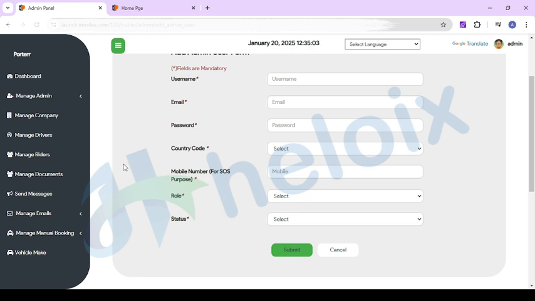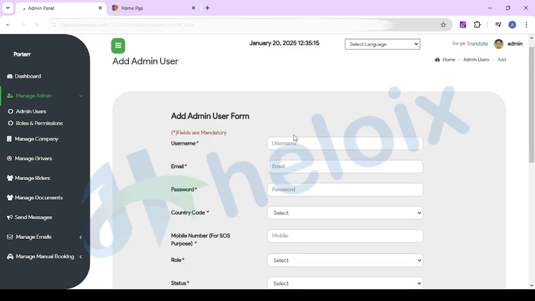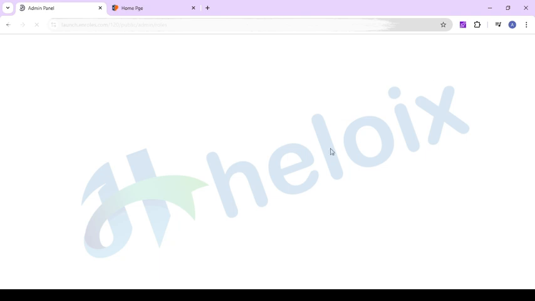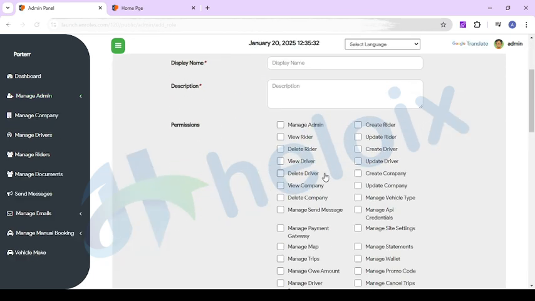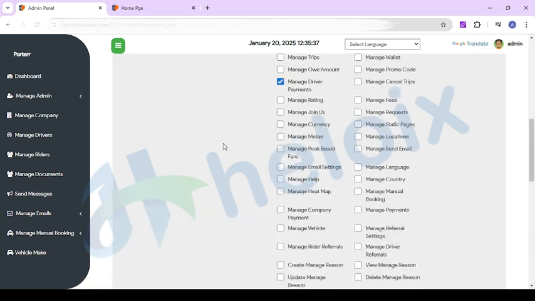Okay, now let me share how we can make roles. If you click on the roles option, okay, here you can add roles. Just allow me a few seconds. I think my internet is a little bit slow, that's why it's taking a few seconds. You can create multiple roles. You just need to click on add roles and then you can create your roles. These are permissions. You can just click on any box and then that permission is assigned to those roles.